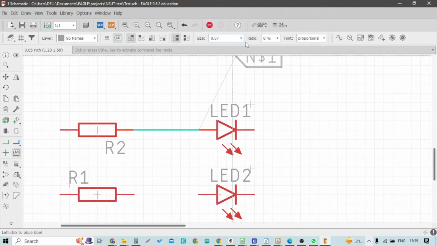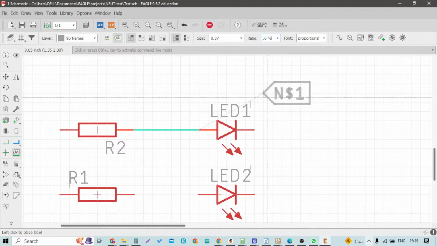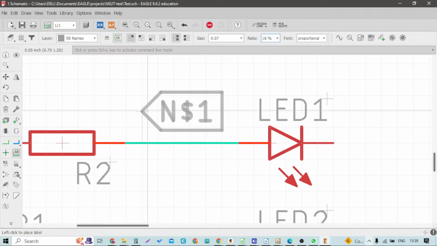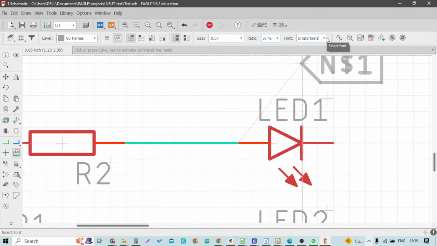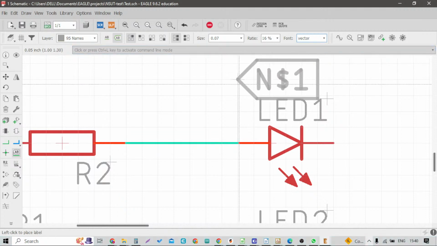Then there is a ratio option that is also available. If I increase the ratio, the thickness of the text will be increased, as you can see. Then there is an option of proportional also. So font options are basically 3 options that are available internally in Eagle, and there is a vector option, but